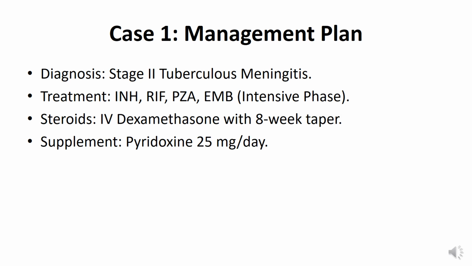However, treating the infection is only part of the management strategy. Controlling inflammation inside the brain is equally important. To achieve this, intravenous dexamethasone is initiated. This corticosteroid helps reduce swelling and inflammation around the brain and its surrounding tissues. By lowering inflammation, dexamethasone can reduce intracranial pressure and decrease the risk of complications such as stroke, cranial nerve damage,